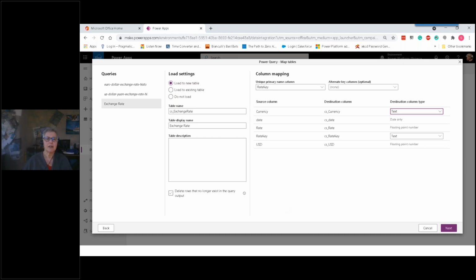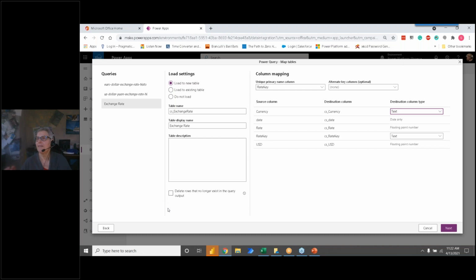This right here, delete rows that no longer exist in the query. I'm going to give you an example of a time when I used it. I had a client that was a real estate client, and they had a big library of SharePoint documents, and associated with just about every single document was what they called a tripwire, which was really just an activity. They were like renewals or renegotiations, and they were a little bit more complicated than what I'm going to describe to you, but basically we needed to create